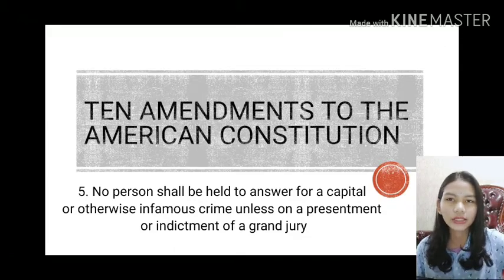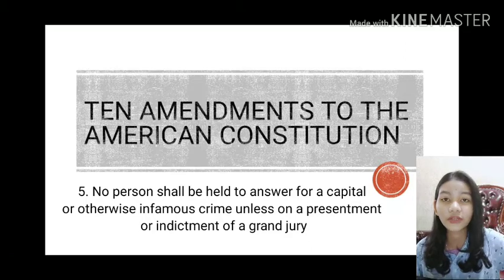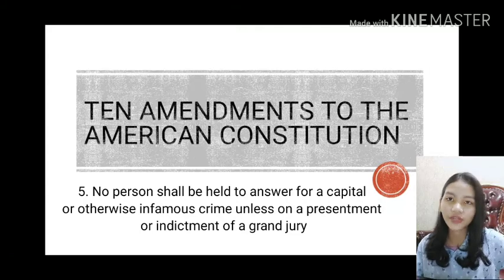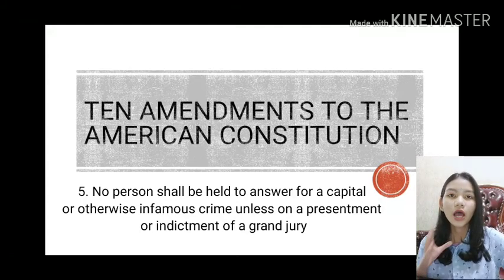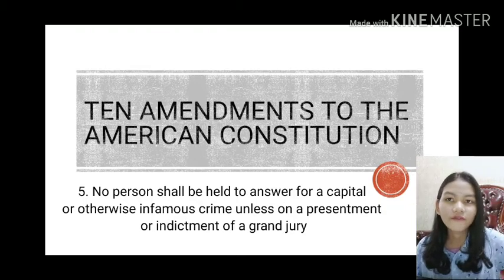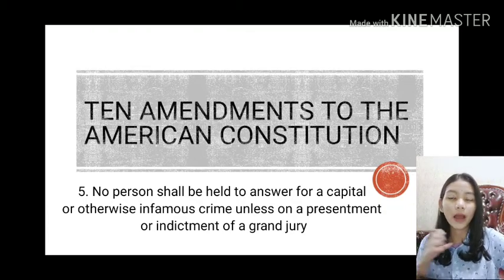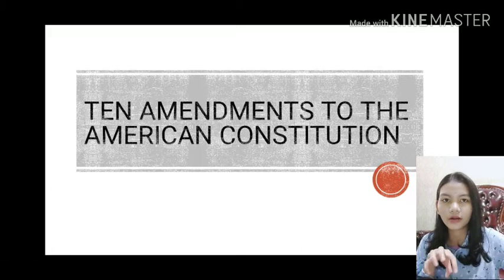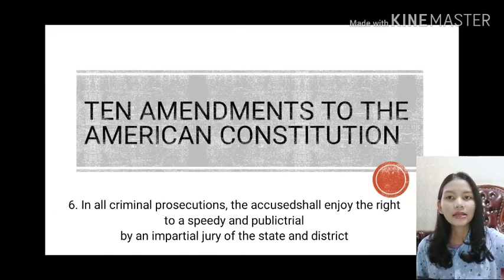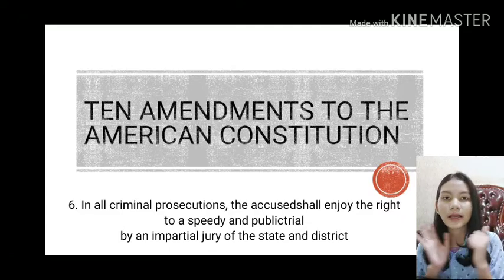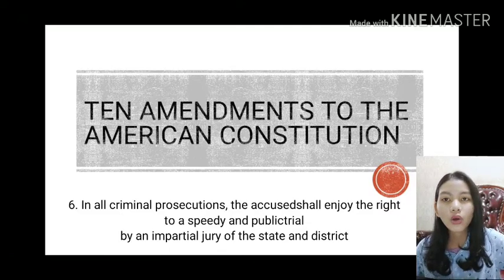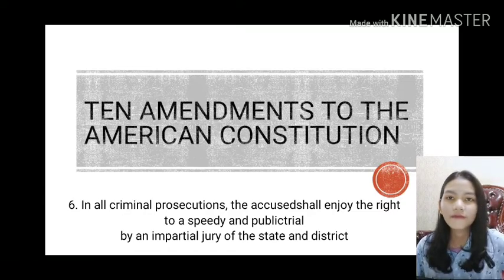so that he is faced with the threat of capital punishment or imprisonment, nor shall any person in every case of a crime be a self-incriminating witness, nor be denied the right to life, freedom, or ownership of property without due process of law, nor shall private property be taken in the public interest without fair compensation. And the sixth amendment states that in all criminal prosecutions, the defendant has the right